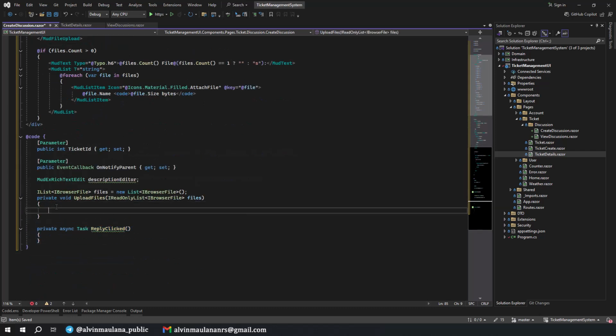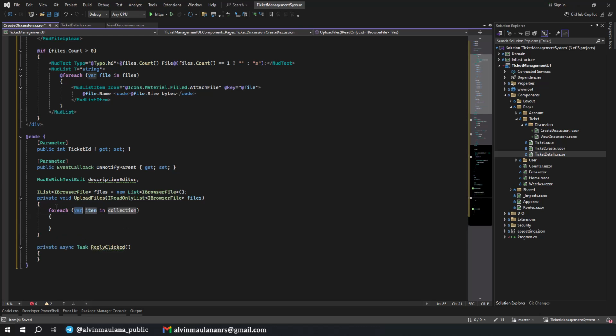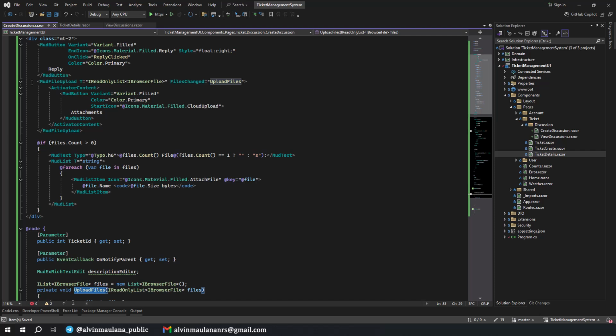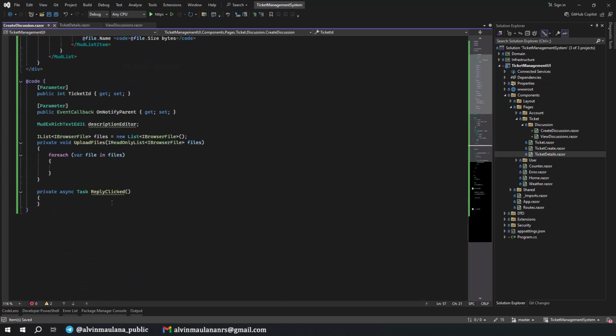Okay, for this one, for each file, maybe in files we get from the parameter. This method is called by the mat file upload. Okay, and then we need to add the file from the parameter to these files. So these files equals to, not equals to, but add file.